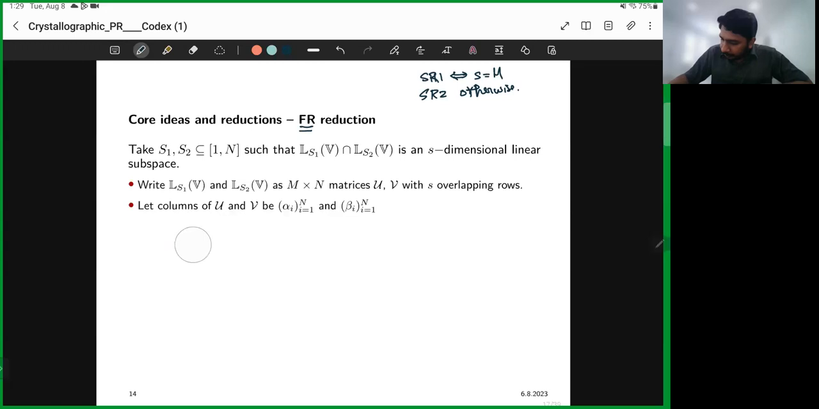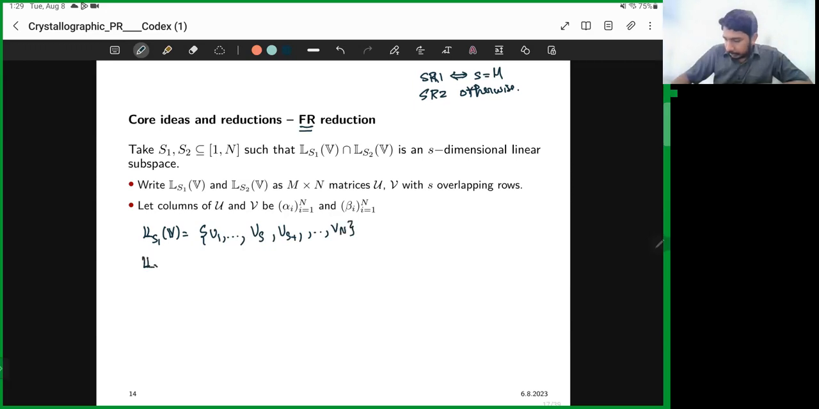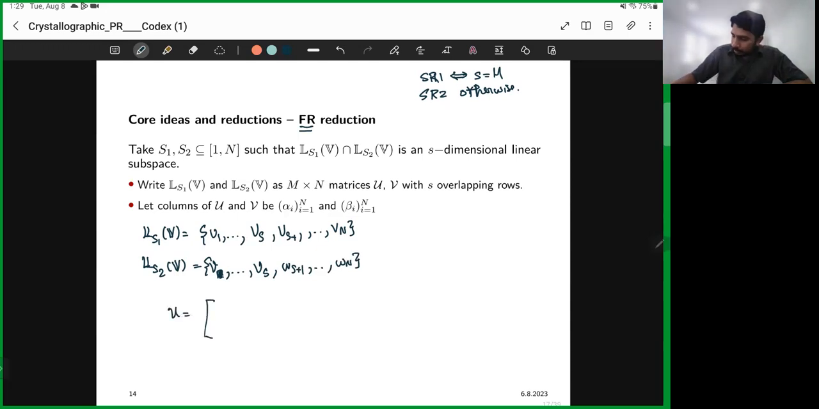I should probably define. So let's say my LS1 of V is going to be something like V1 to VS, VS plus 1 to VN, and then LS2 of V. Well, there are S overlapping rows, so this is V1 to VS, and then WS plus 1 to WN, right? So if I do that, then I can write my frame vectors as, so the